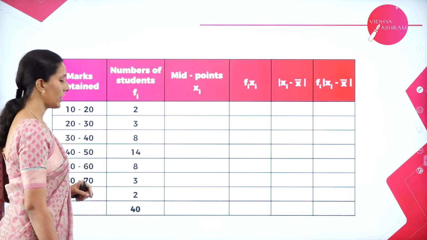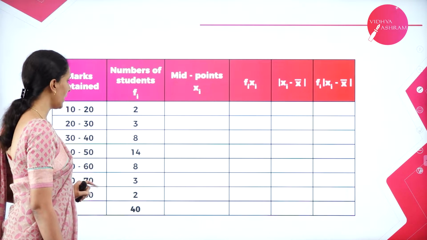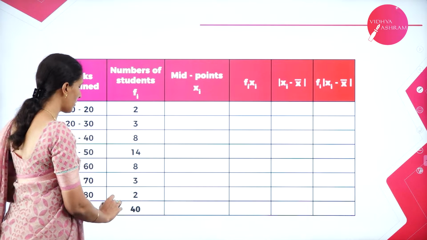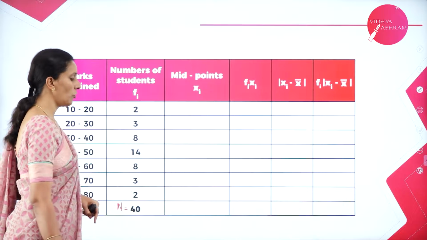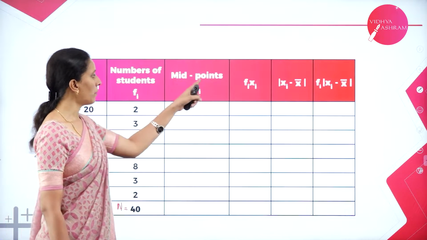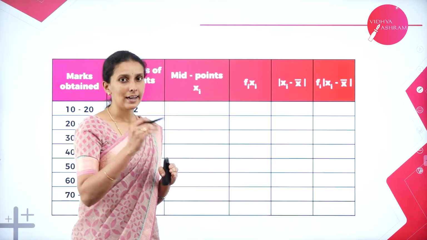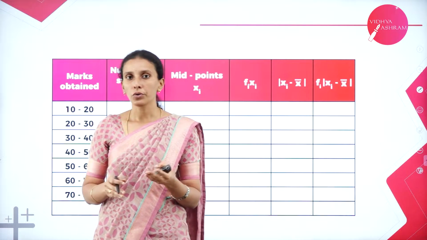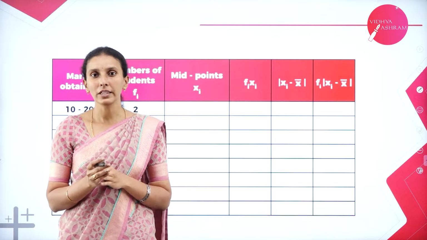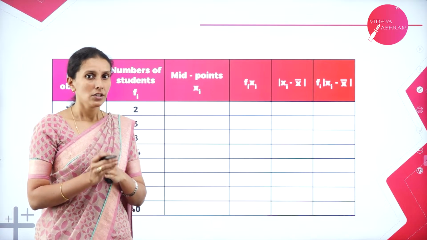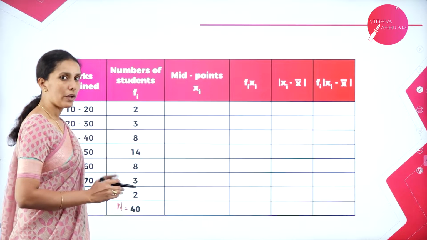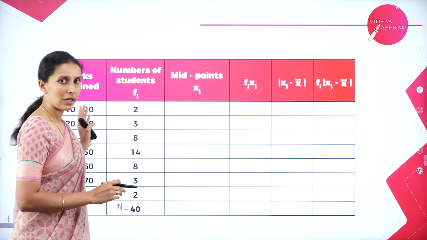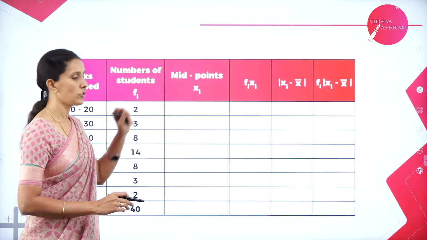So here is what they have taken. This is the marks obtained, this is the class interval, and here the number of students, and when you add the total you will get the value of n. So here is the midpoint xi. Since in the class interval there is no individual score, whenever you want to find a mean you need the column of fi xi. Since we don't know exactly what the value of xi is, we take the middle value of the class interval, that is the midpoint xi.